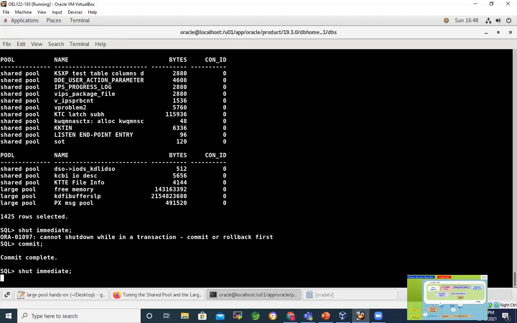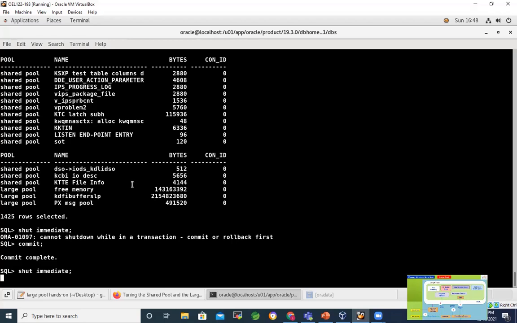I didn't revert that parameter. It is almost true at the moment. So I had better revert that one. Otherwise, there can be some unexpected behaviors in the database like this. Shutdown immediate should not give that message. It should shut down irrespective of the uncommitted transactions. So let's shut it down and try to start it up.